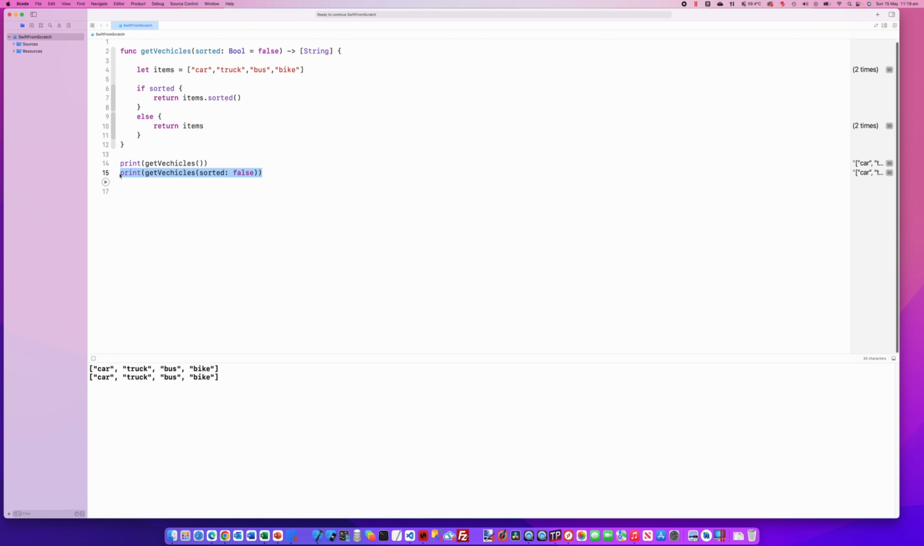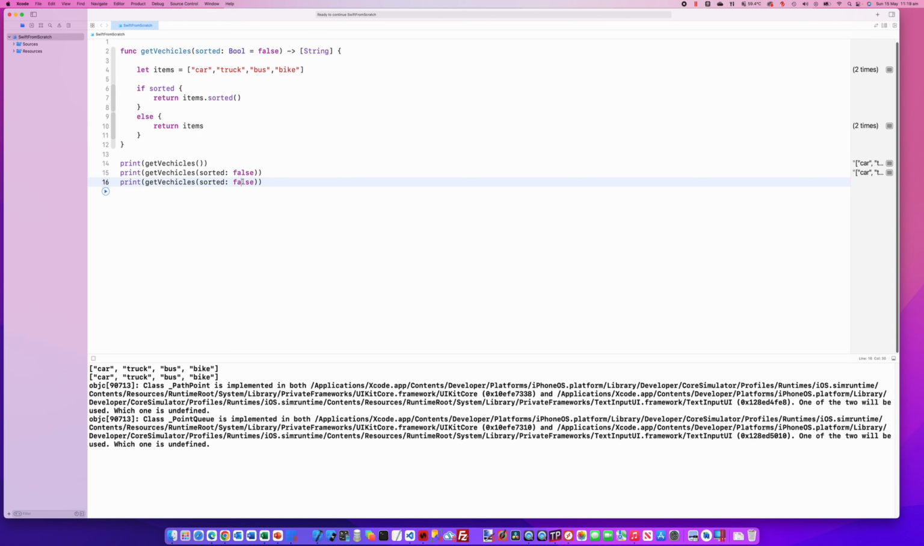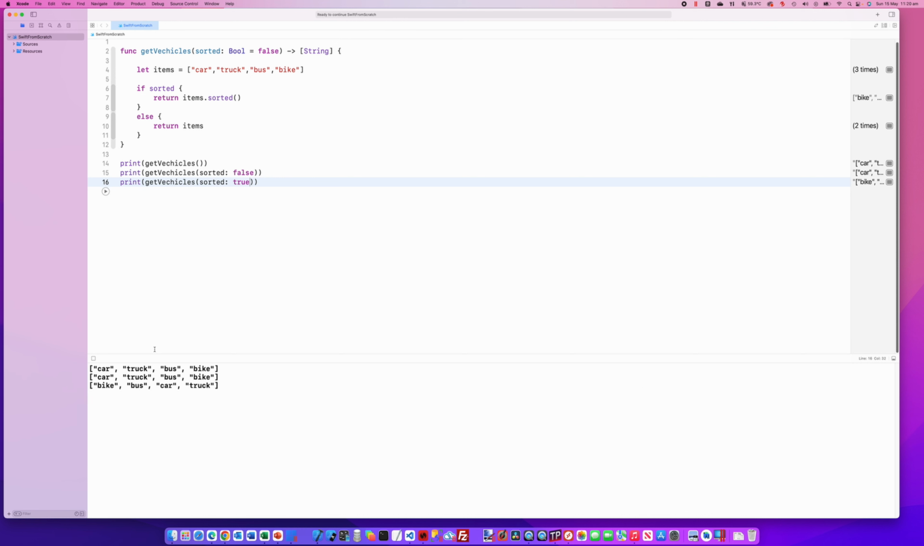However, if we set that to true and run it again, you can see the function where we actually specified sorted to be true actually returns the array sorted. Okay, so there's one last thing I want to cover off on parameters, and to date